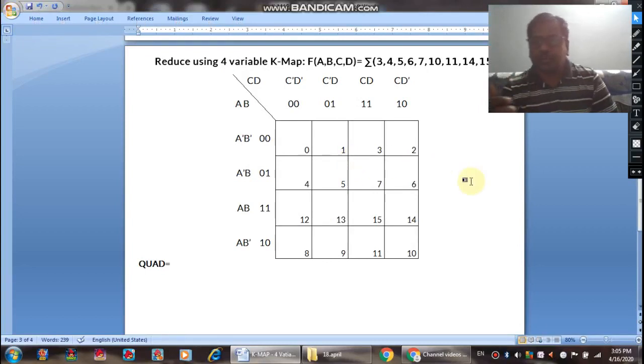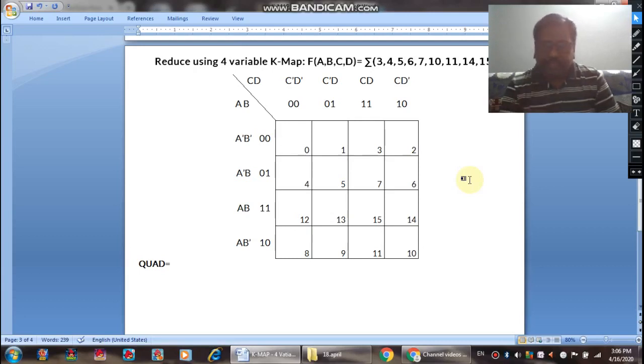Now moving to the next question. In the next question, again we have to reduce the 4 variable schema. The cardinal numbers are given. Again first we have to create a grid of 4 cross 4. We have to sketch a diagonal on the top left corner. First two variables will be placed on the left hand side and the second two variables on the right hand